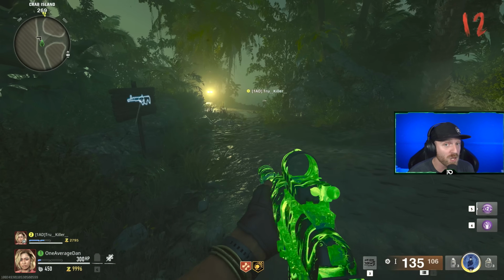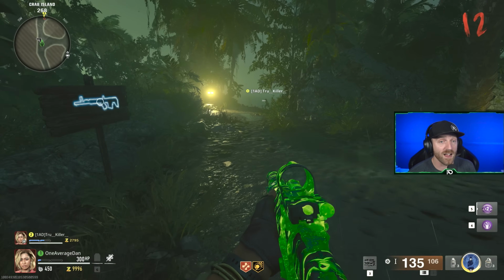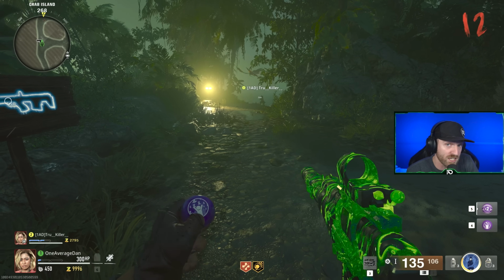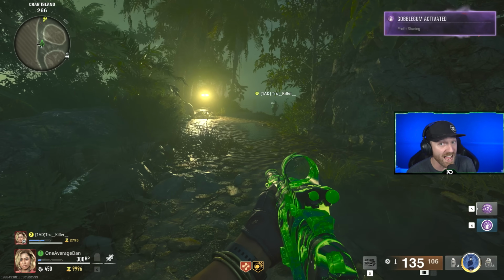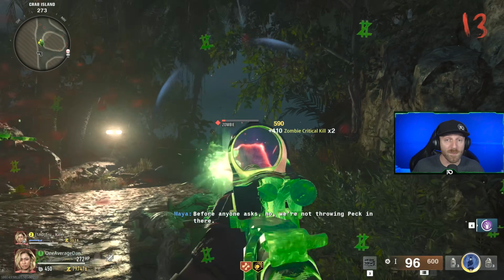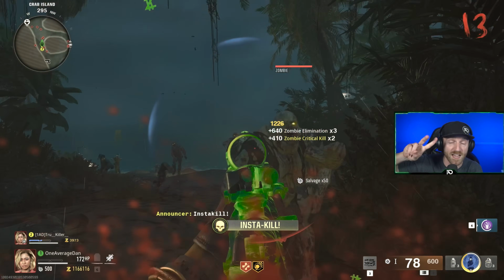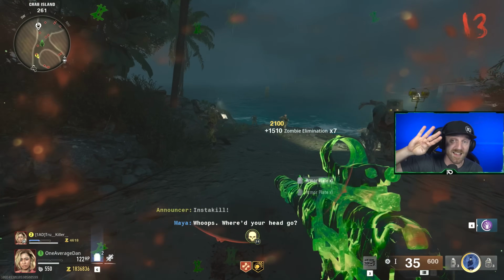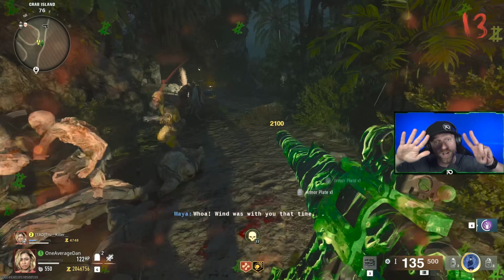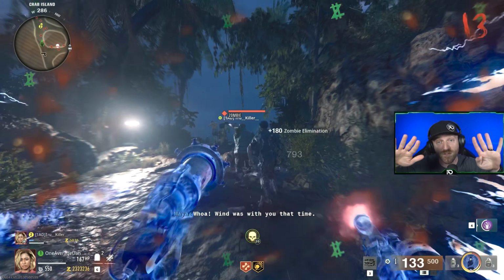And here's the beauty of it. Every time you set it back down in the treasure chest and pick it back up, it gives you 2 times more points exponentially. Let me show you. Each time you pick it up, the first one, double points. Second one, quadruple points. Third one, 8 times points. 16 times, 32, 64, 128, 256, 512,